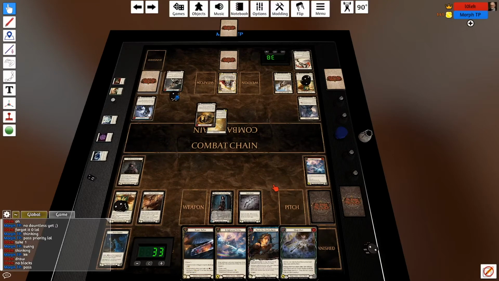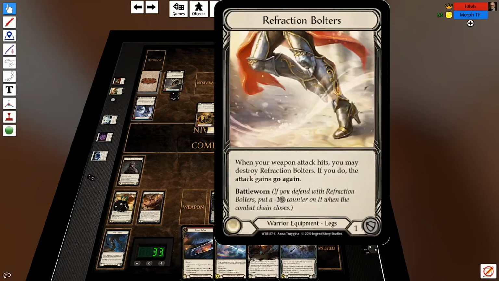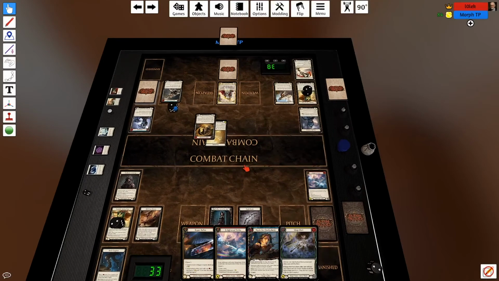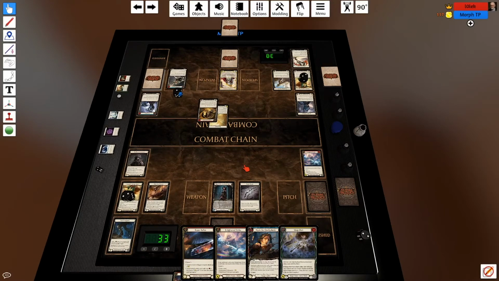And that just ends my opponent's turn unless they crack their Refraction Bolters. Let's see what they do. Maybe I still haven't taken the damage. Maybe they're considering playing a Glint, which is the only kind of instant card that would give them go again, to attack with the weapon again. But to be honest, I don't really feel threatened at all. I think cards like the Come to Fight, Enlightened Strike, Razor Reflex, they're all just such great